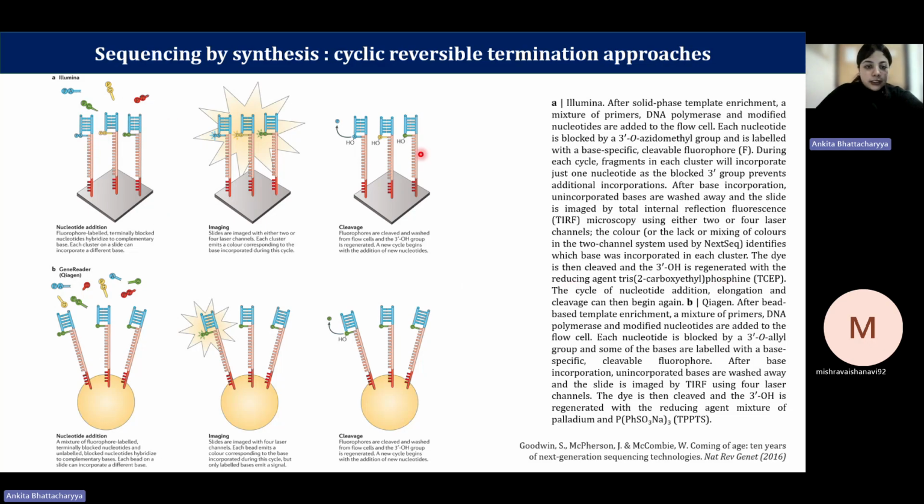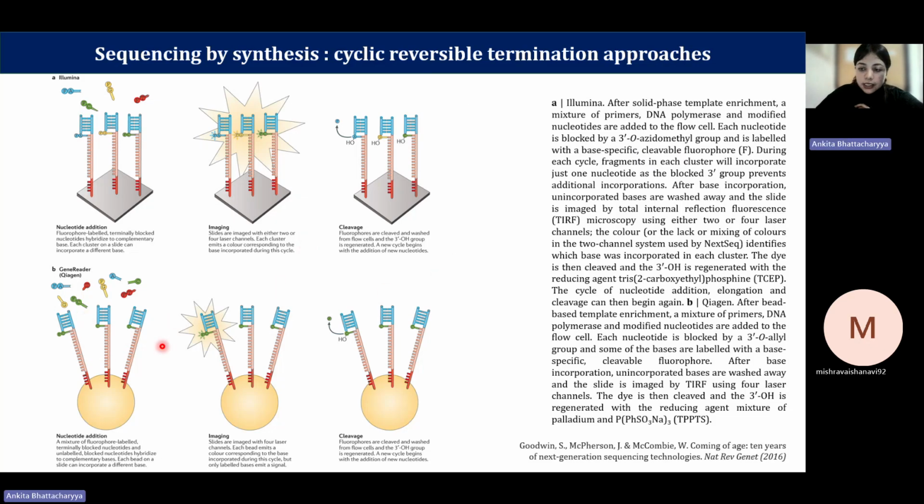So overall, these are the three steps. You have nucleotide addition, these modified nucleotides that we called terminally blocked nucleotides, followed by imaging using either a 2-laser or a 4-laser channel. Then you cleave it off and then you repeat the cycle once again. For GeneReader,